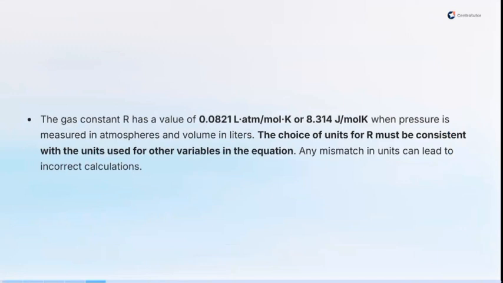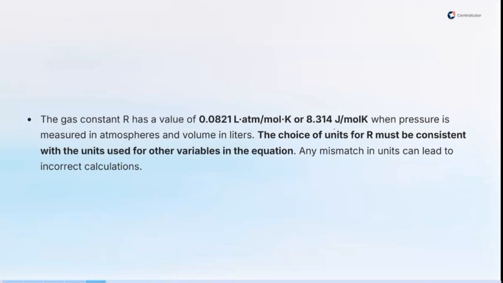When pressure is measured in atmosphere and volume in liters, we use this 0.0821 value. But when they did not mention atmosphere for pressure and liter for volume, you would have to use the 8.314 formula. So those are the times you will use these two formulas. When they don't give you pressure in atmosphere or volume in liter, you would use this 8.314. But when they give you volume in liter and pressure in atmosphere, you use this 0.0821